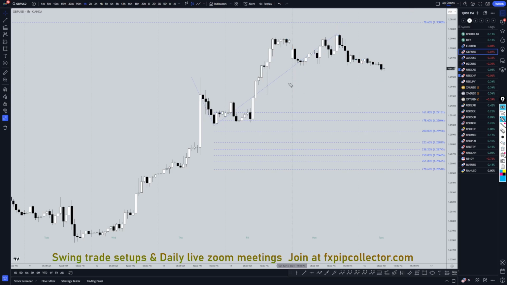Now, if this is actually an expanding flat, like I was talking about yesterday, then it probably more likely will not break up yet. It probably more likely will go down to like the 161, 178% Fibonacci extension before it actually breaks up. So as long as you pay attention to price, pay attention to structure, you should be able